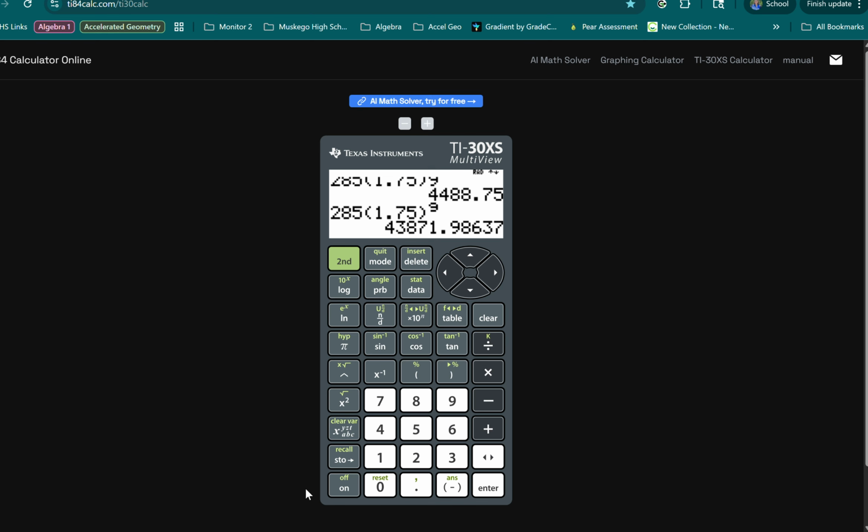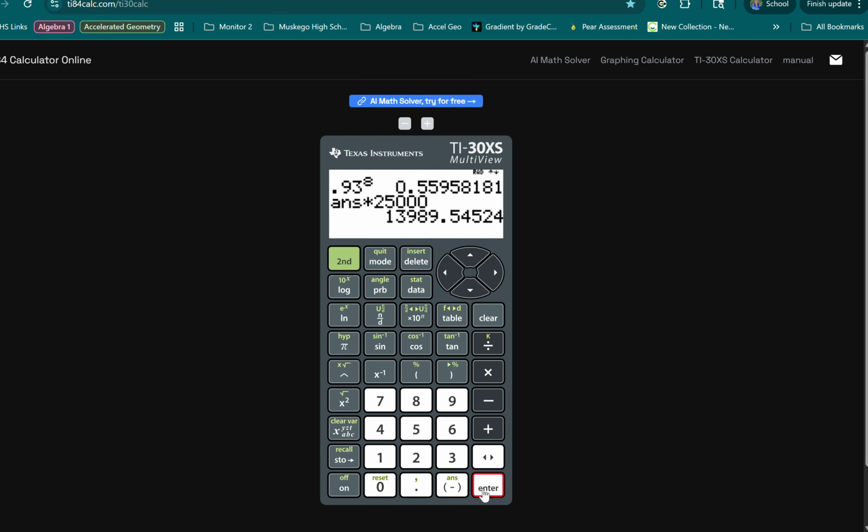Let's go back to our calculator. If you do not have the TI-30XS and you are not able to type all of your equations in one row, here's how we're going to do it without having to round. So I'm going to do some order of operations where I'm going to take my parentheses first, which inside my parentheses is 0.93. I'm going to raise that to the 8th power. And then, because of PEMDAS, after I do exponents, I'm going to do the multiplication. So now I'm going to multiply that by 25,000. Without clearing my calculator, it should get me the answer